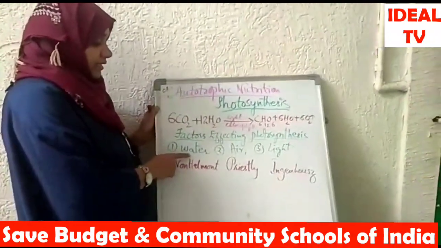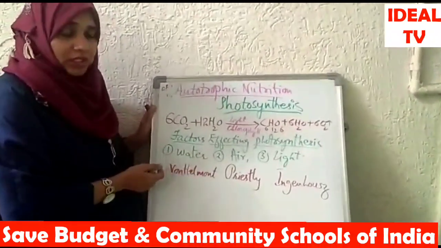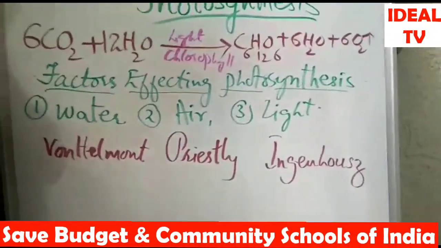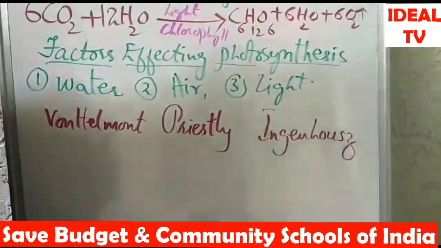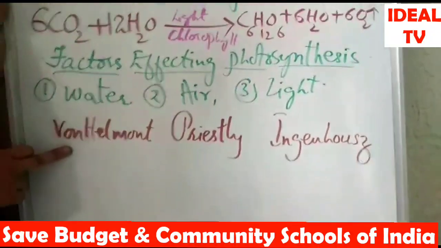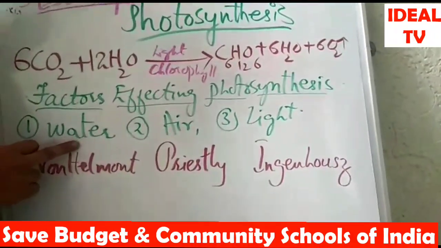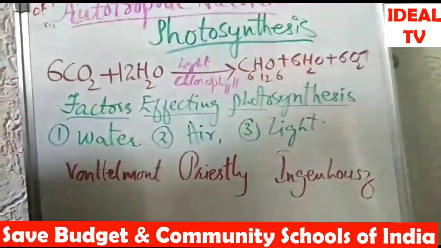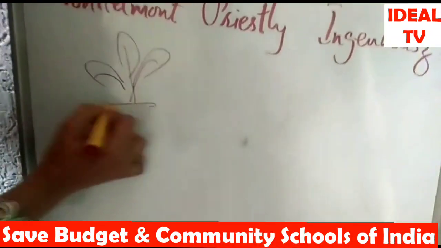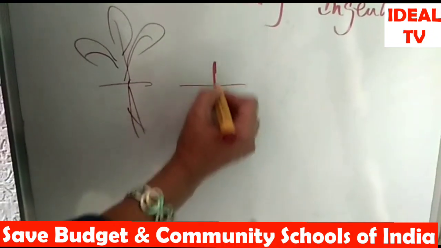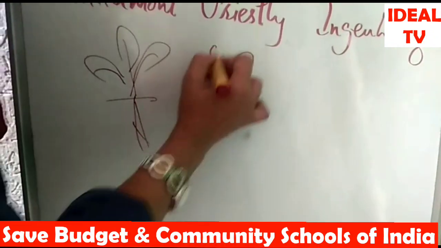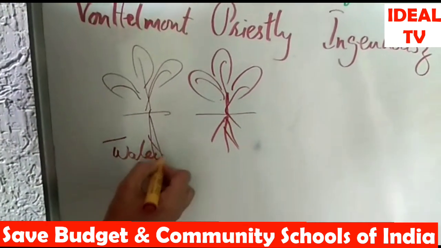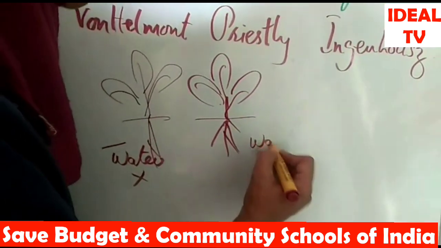The first factor, which you commonly see, is water. Water is one of the factors which actually makes the process of photosynthesis possible or not possible. For example, here a scientist, Von Helmont, did an experiment on water to understand whether this factor is essential for photosynthesis or not. He took two plants, growing in the same way, but to one of the plants he did not give water, whereas the other plant was given water.